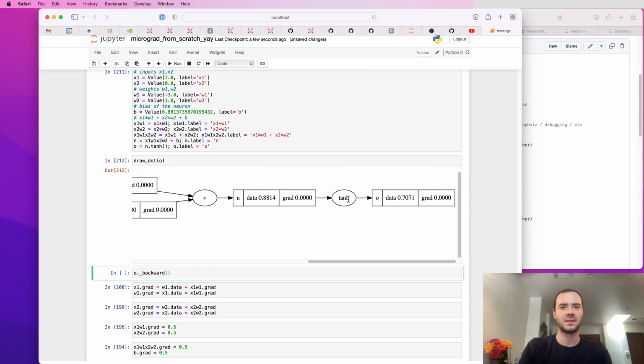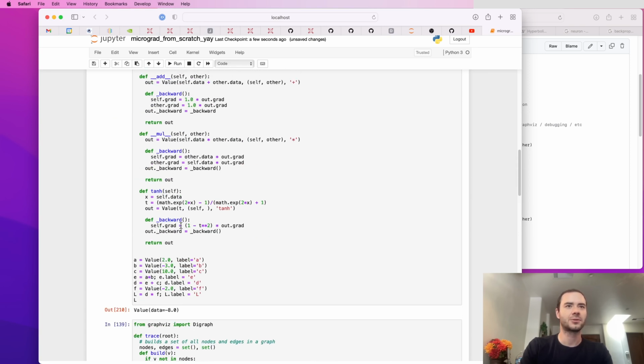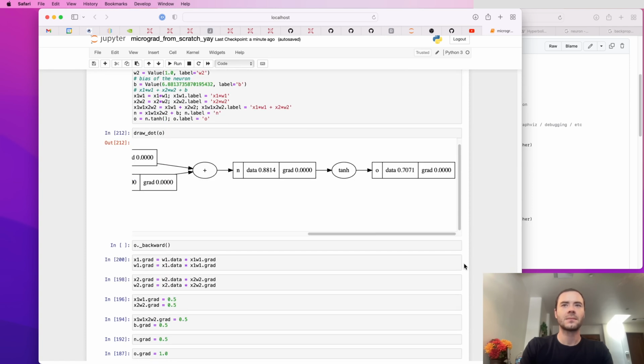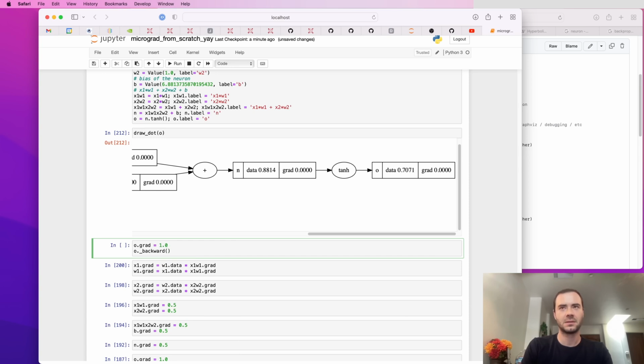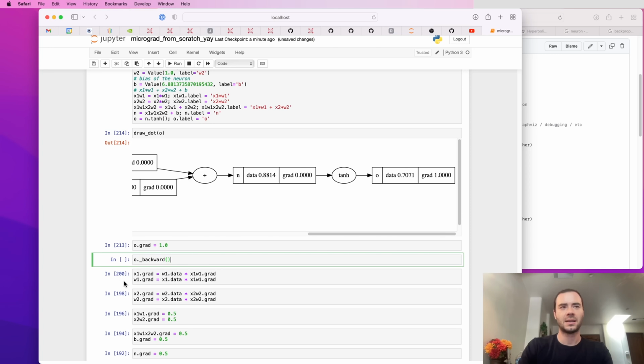So o was the outcome of tanh, right? So calling o's backward will be this function. This is what it will do. Now we have to be careful because there's a times out.grad, and out.grad, remember, is initialized to 0. So here we see grad 0. So as a base case, we need to set o.grad to 1.0, to initialize this with 1. And then once this is 1, we can call o.backward, and what that should do is propagate this grad through tanh. So the local derivative times the global derivative, which is initialized at 1, so this should